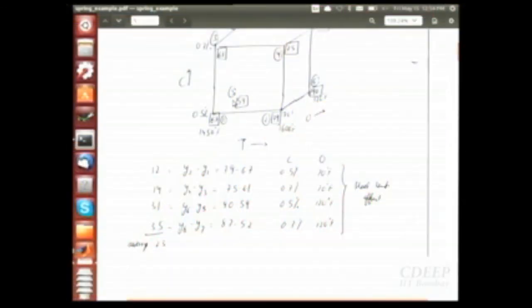The difference between those pairs, y2 minus y1, y4 minus y3 and so on, you had these 4 pairs, 4 differences. If you take their average, the average turns out to be 23. So you can say that, on an average, if I go from the lower value of temperature to the upper value, my response variable changes by 23 units. Fine. So even though when you did the experiment, you changed everything, you did not hold C or O constant at any point of time, you can still estimate the effect of temperature.